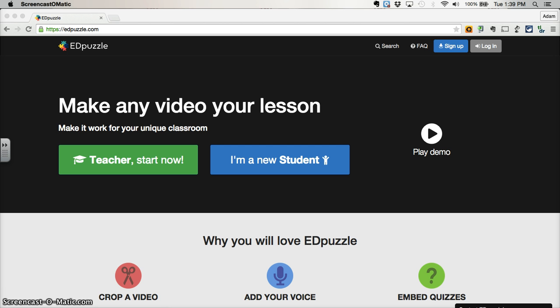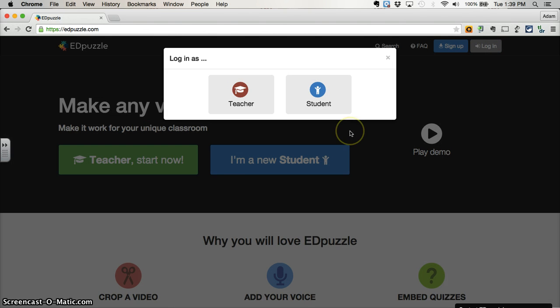As you can see here from edpuzzle.com, it's going to ask us if we want to register or sign up. It's going to ask about being in a teacher mode or a student mode. I have already created an account. Notice that when I'm logging in, it also asks if I'm going to be logging in as a teacher or